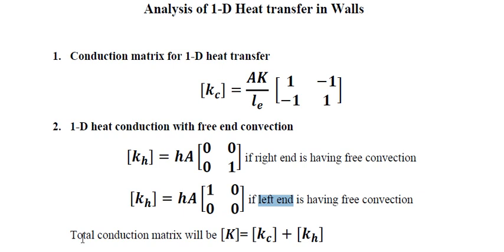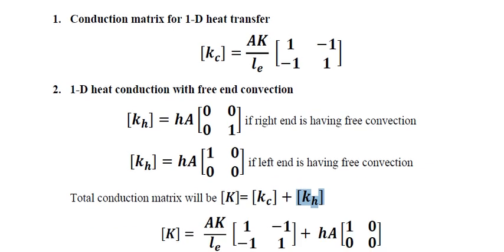Okay, the total conduction matrix with end convection is K. Total conduction matrix is conduction matrix plus end convection matrix. Remember this equation. This type of problems we will deal with where there is only end convection and we will